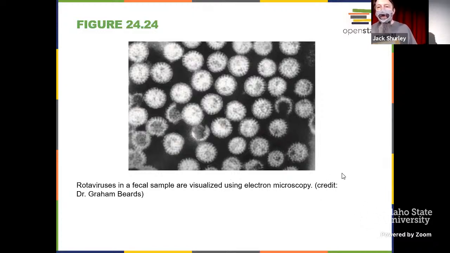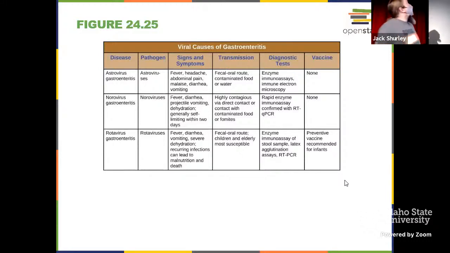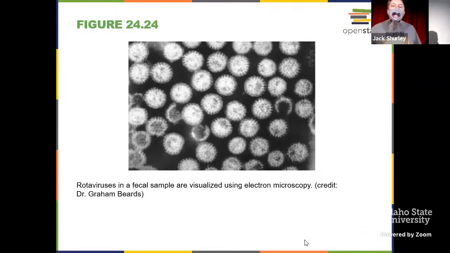I could probably talk about them for 4 days. Okay. Oh, I just skipped right over that and didn't even mention them. So initially, rotavirus, we got a couple of different viruses that we're going to see in the table here in a second, but rotavirus is the only one we've got a micrograph of. These guys, roto or rota, wheel-shaped or kind of pinwheel-shaped as we look at these guys.